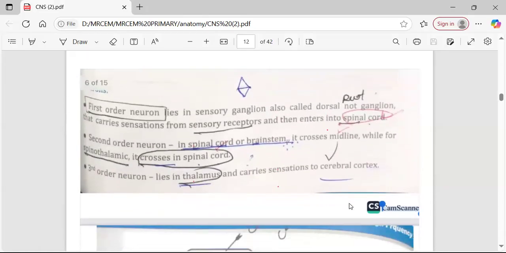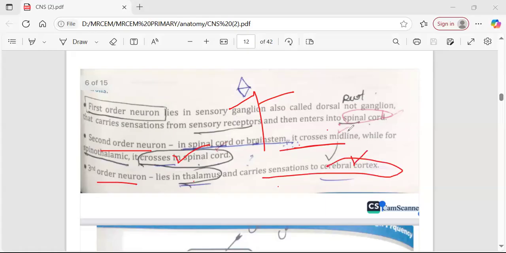So that's the first order neuron, sensory ganglion, also called the dorsal root ganglion. These carry the sensation from the sensory receptor and then enter the spinal cord. From the spinal cord, there is the second order neuron. It crosses the midline. So the spinothalamic tract crosses in the spinal cord. So that's the decussation. If it is crossing, that will be contralateral. Third order neuron then lies in the thalamus, carries sensation to the cerebral cortex, which senses it, and then